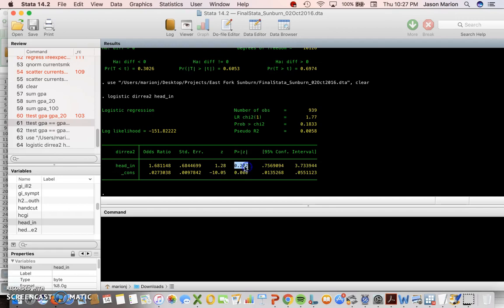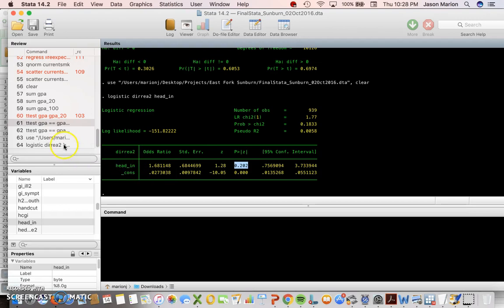We're only about 1 minus 0.2, or 0.8, or 80% sure that there was a significant increased odds of diarrhea among those who put their head in the water. So this is not 95% sure. We are not at the 0.05 level or the 0.04 level where we might be 96% sure that there was a relationship between diarrhea and putting your head in the water.